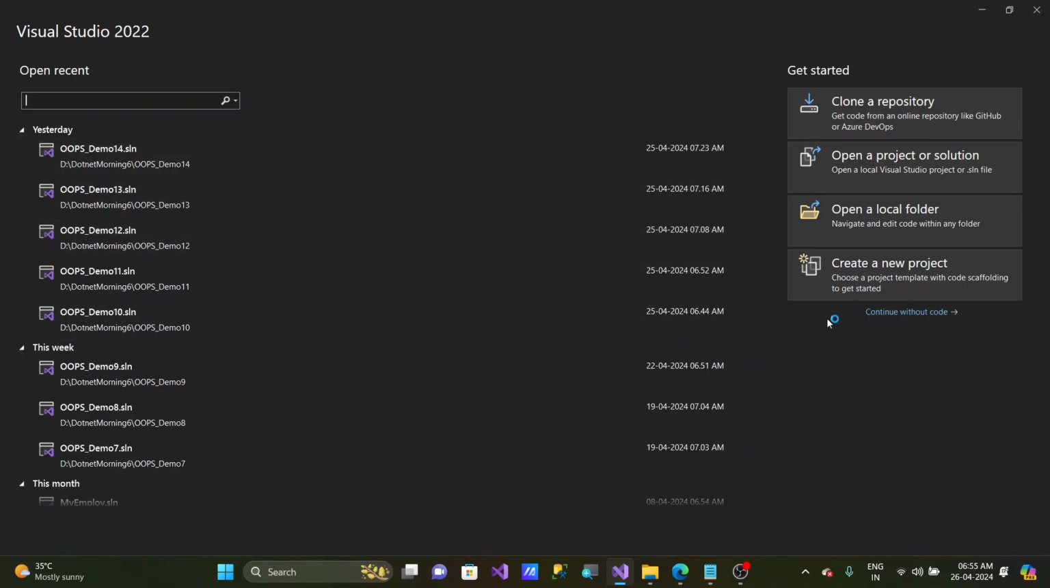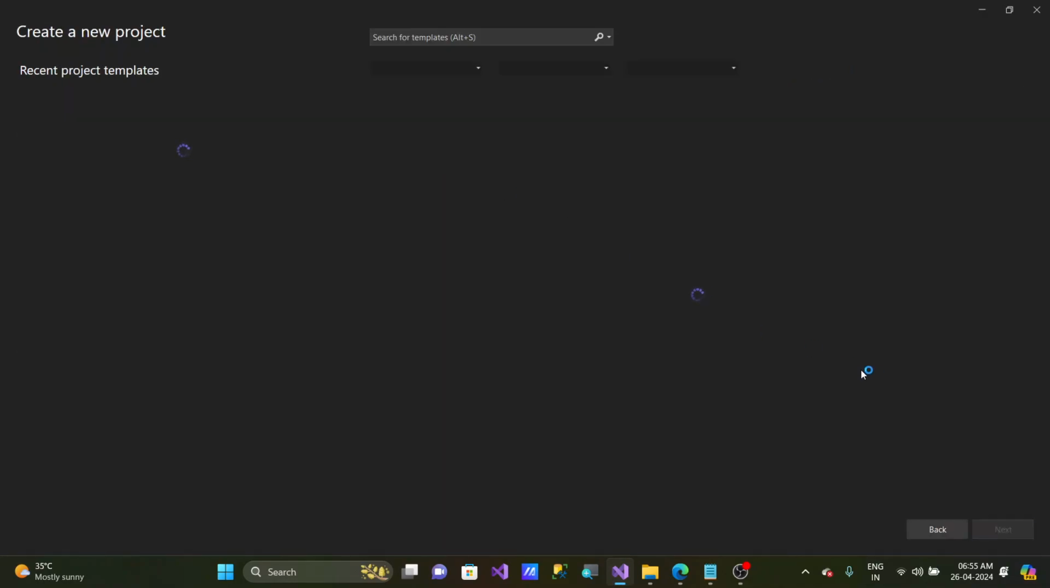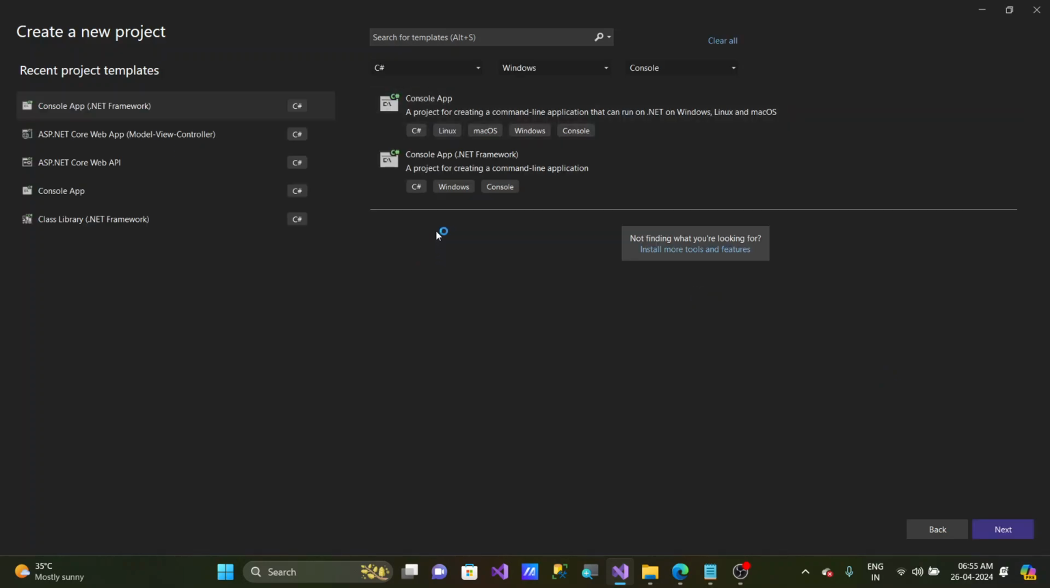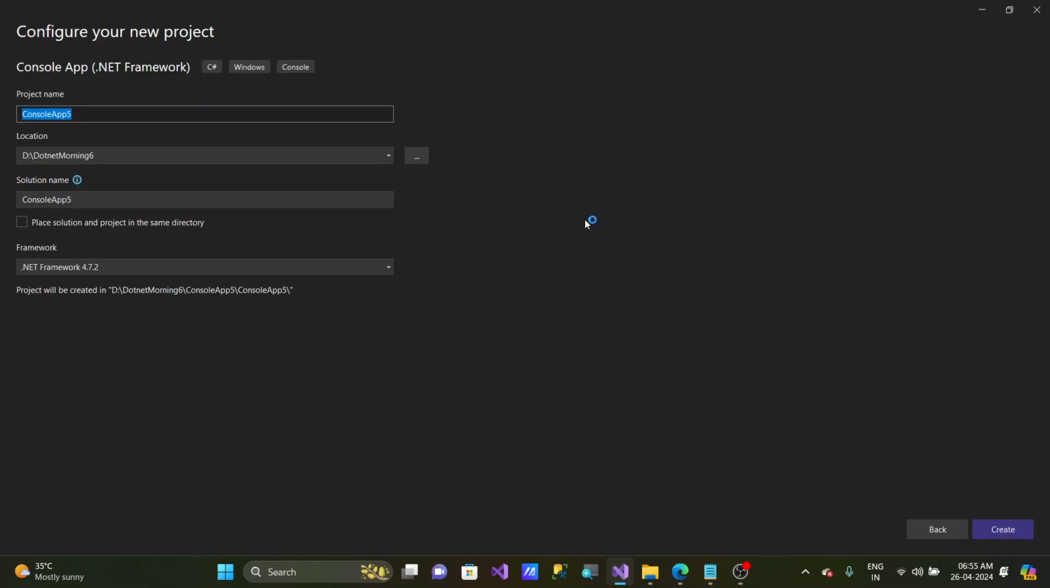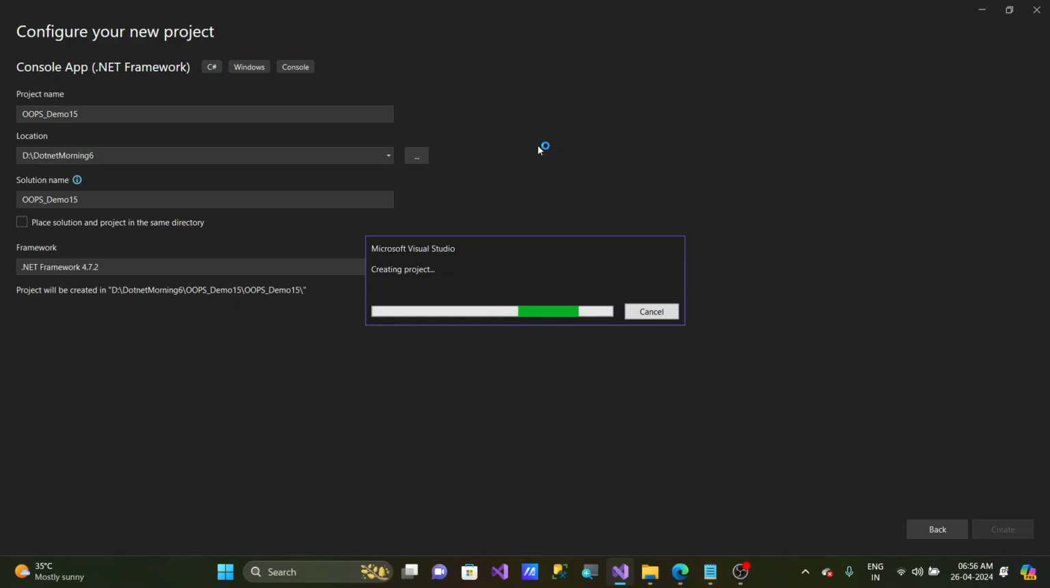So oops, demo 14 was the previous example. Let's make it as demo 15. I'm selecting console app .NET Framework, guys, because it has that stopping it, like once the output is displayed you can see that. Oops, demo 15. So create. So let's create a class called sample, in which we are writing